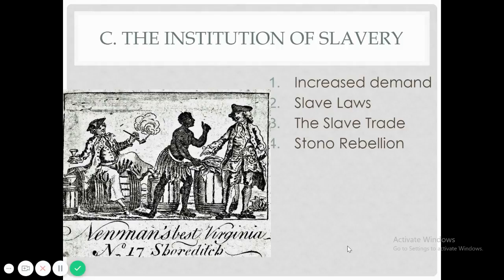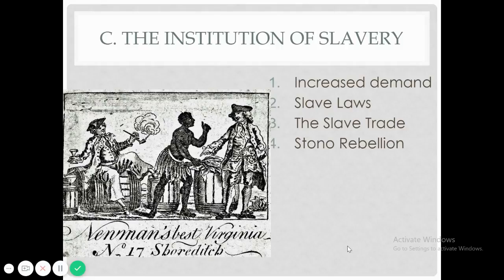Also, plantation owners realized that slaves were a pretty dependable workforce. They were disturbed by some of the political demands of small farmers and indentured servants. Also, some of the uprisings, Bacon's Rebellion was a big one. They were like, you know what, we need a population that we can totally control, that aren't going to rise up, they aren't going to give us any grief, and that was in the form of slaves.